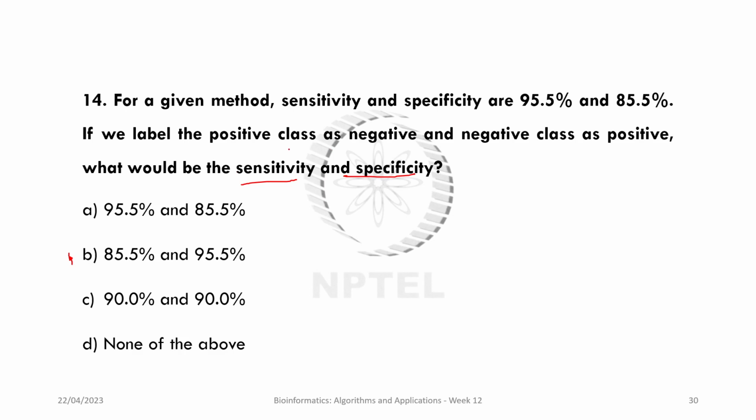So if the classes are reversed, thank you, Malini. How will the sensitivity and specificity change? So if truly I have 4 blue balls, 2 red balls, and